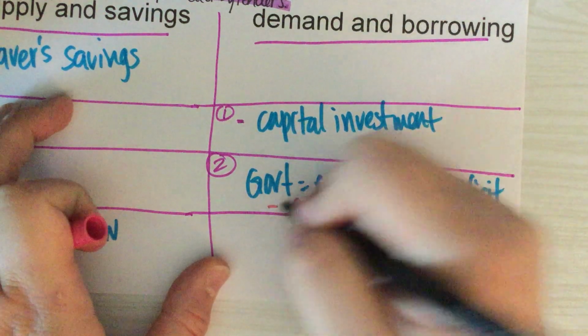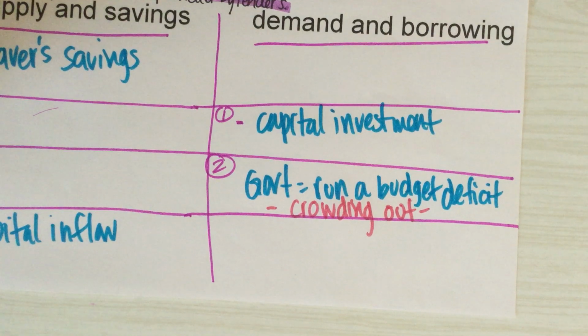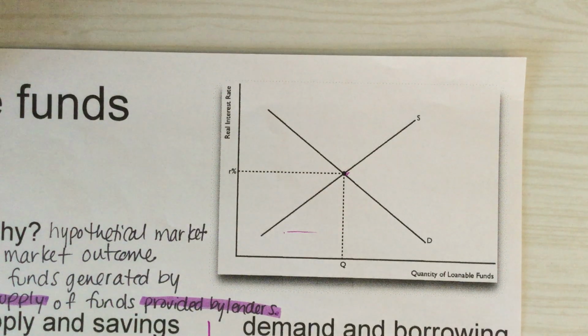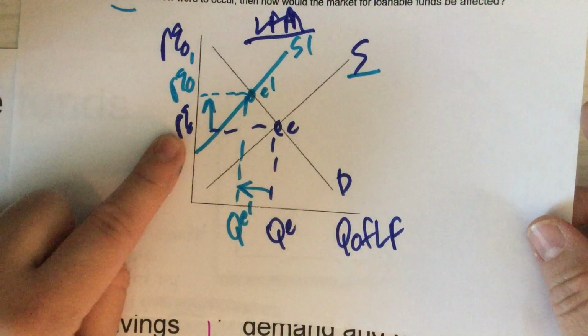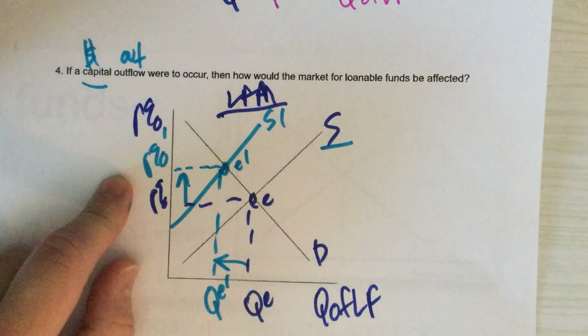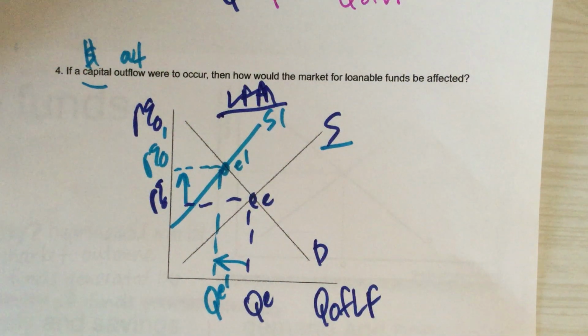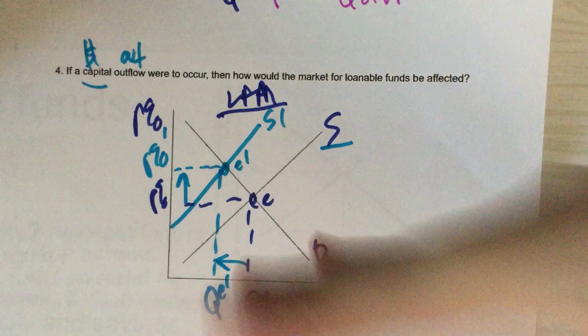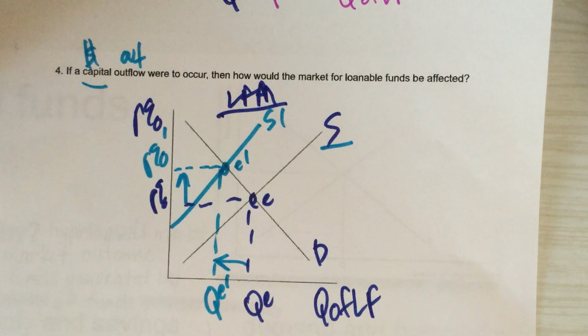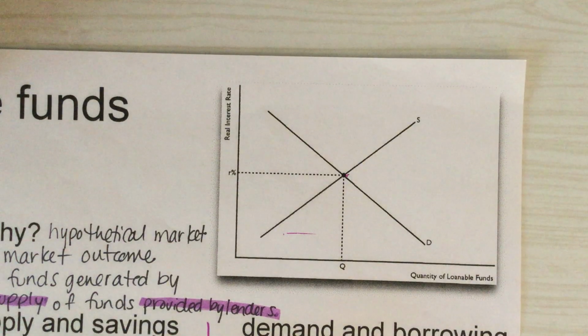If ever you see the loanable funds market come up on the AP Macro test, they're more than likely going to ask you about crowding out because it's always going to lead to that. Or a scenario that affects, let's say, the real interest rate here, they'll ask you how that affects the money market graph, which we'll cover next week. And then they'll tie in all of these other different graphs based on what's happening per model. So I hope that you have some sort of understanding of the loanable funds market.